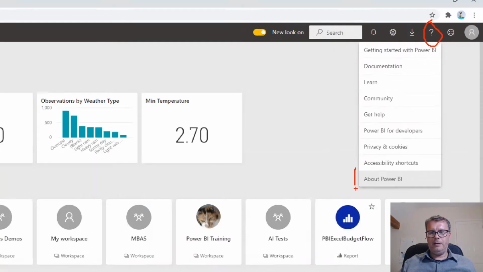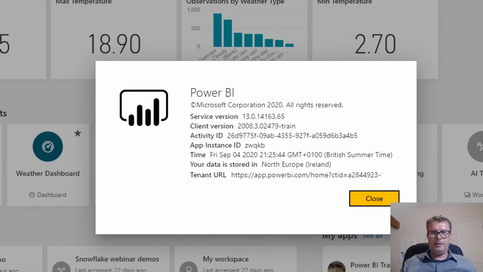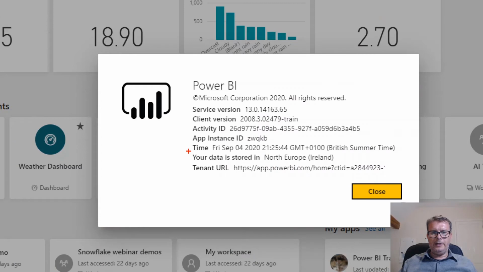When you do this, a dialog appears, and this bit here that says your data is stored in will tell you where your Power BI tenant is located. So in this case, my data is located in the North Europe data center, and that's in Ireland.